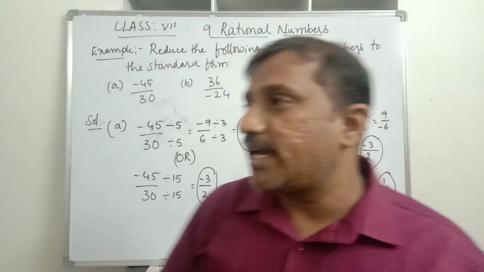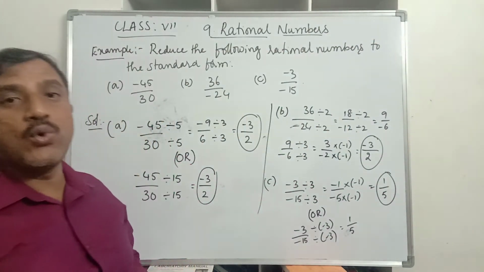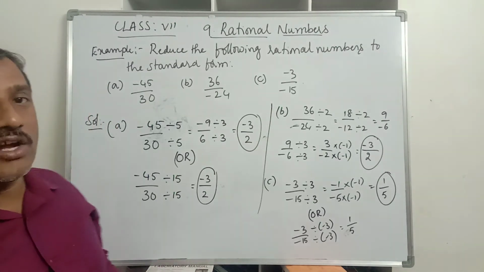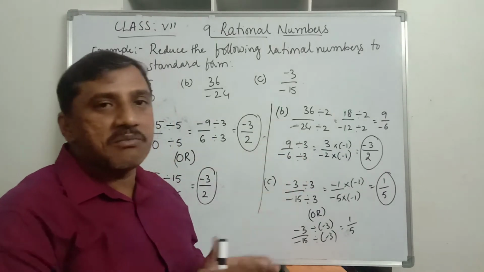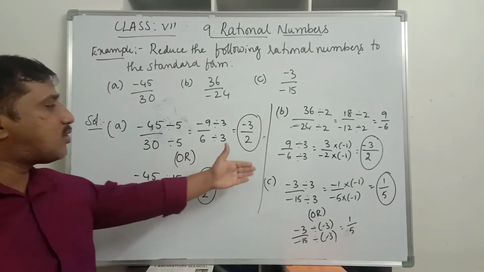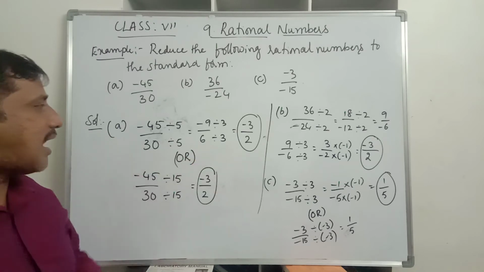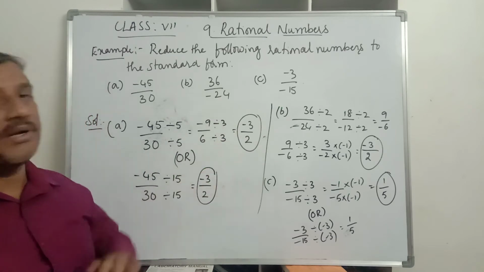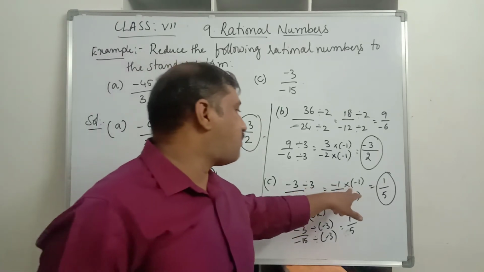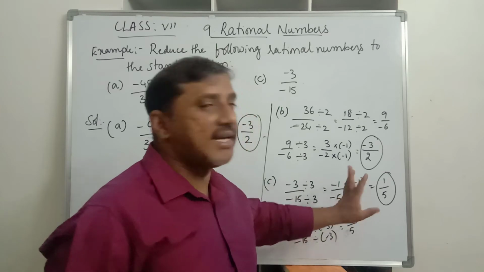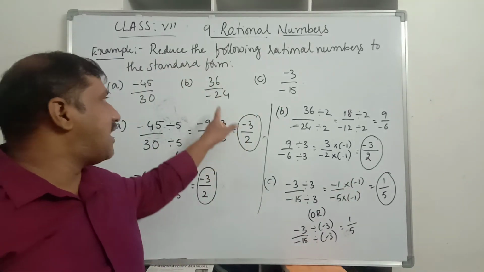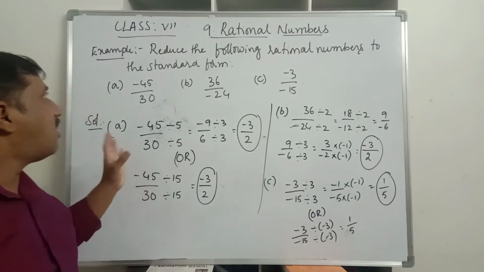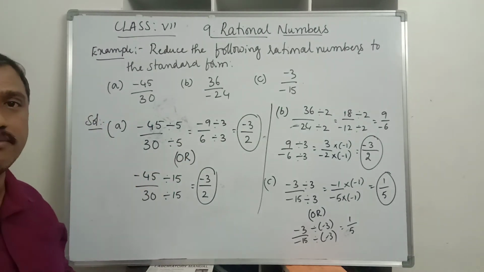So when you find a negative integer in the denominator, you divide by the negative of the HCF of the numerator and denominator, or you can do it step by step, dividing by small numbers, and then we will reach the standard form of the numbers. Whenever you find a negative sign in the denominator, you have to multiply, at least in the last step, both numerator and denominator by -1, so that the negative integer in the denominator is changed to a positive integer. Then it will be in the standard form. Is it clear, children?